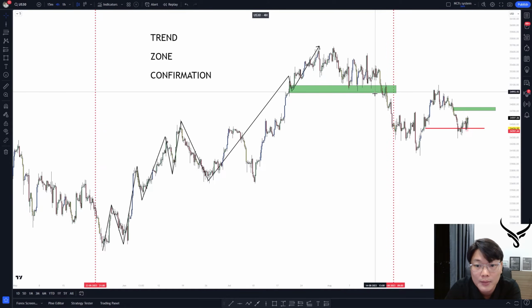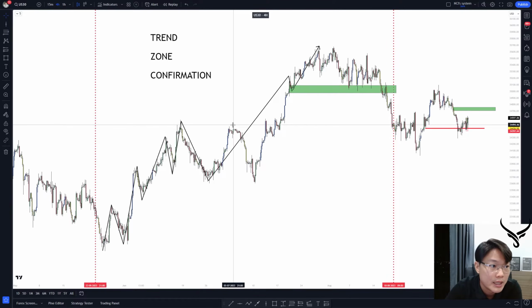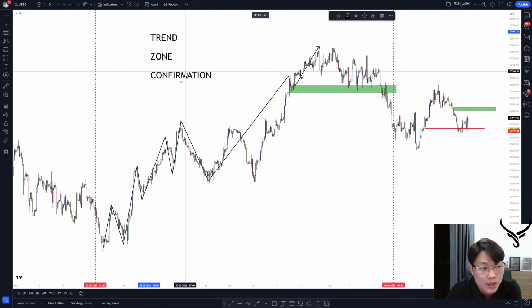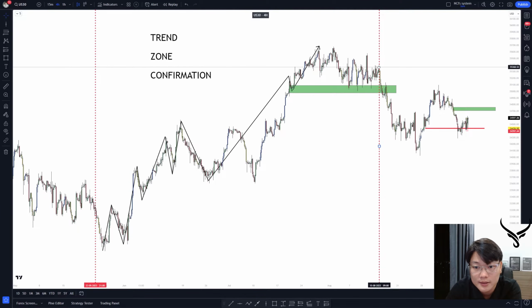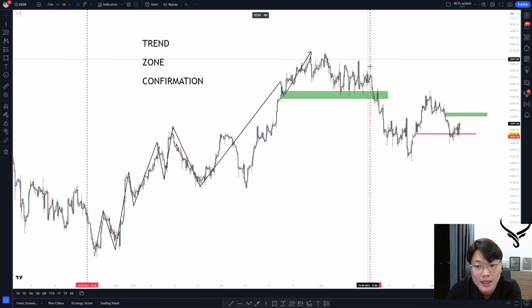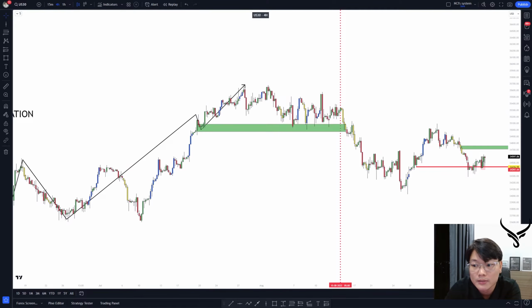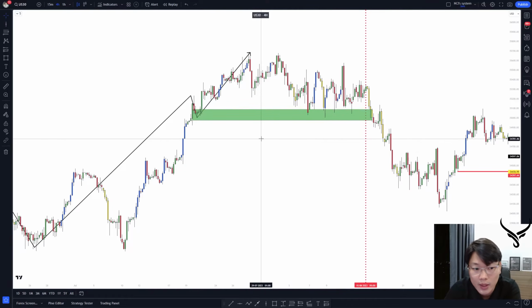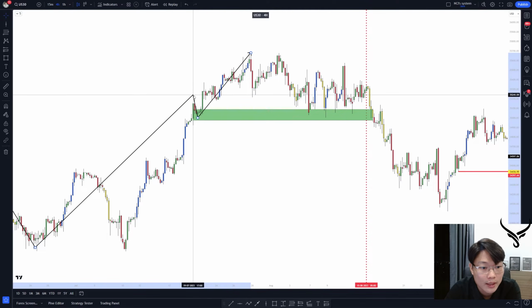is still in an uptrend. This time the market has changed the trend, but I am only talking about the uptrend right here, to make it easy to see what is the trend, what is the zone, and what is the confirmation from the market. For the trend, I will just go over here, until over here, the market is still in an uptrend because the market has not broken the key level right over here, therefore we are still in an uptrend. You can see more clearly we have the pullback and breakout right here